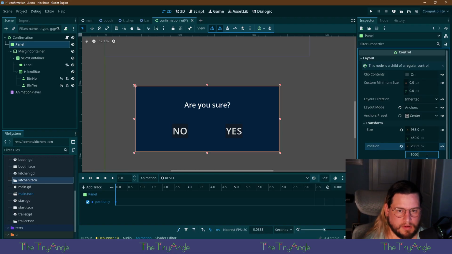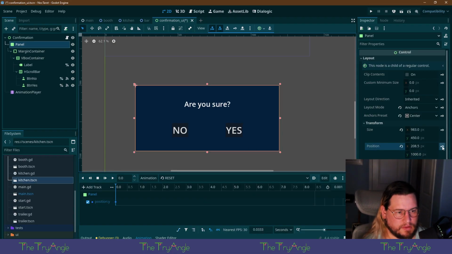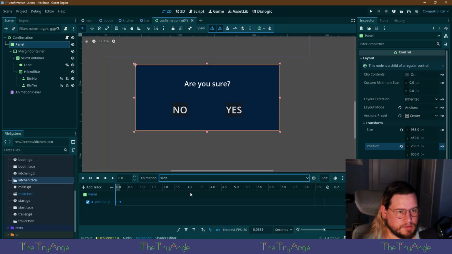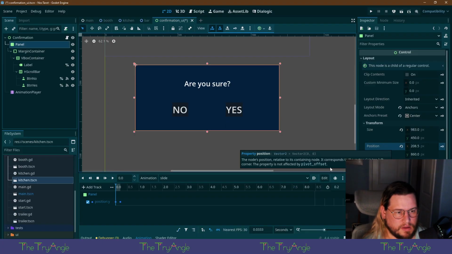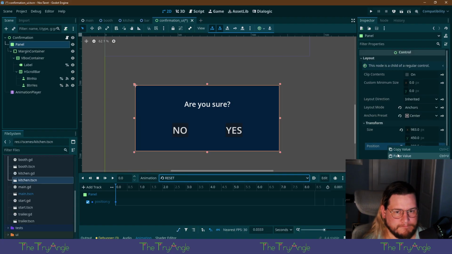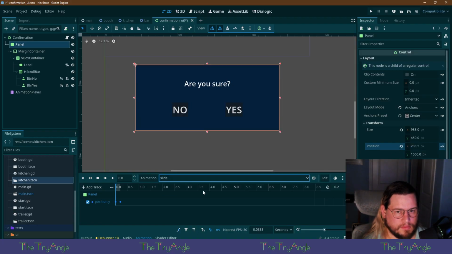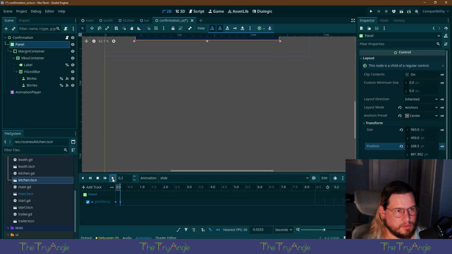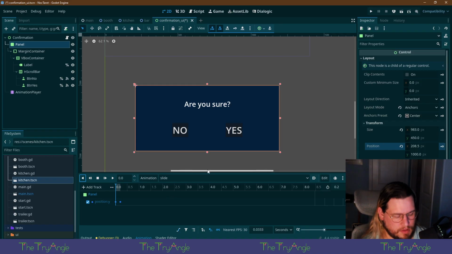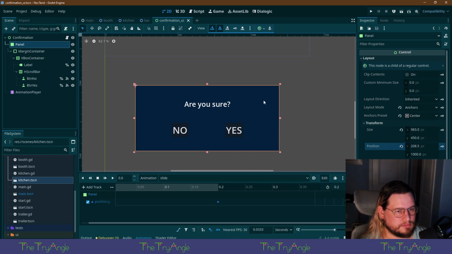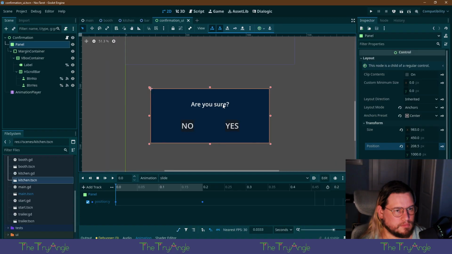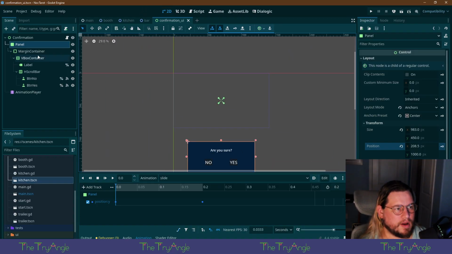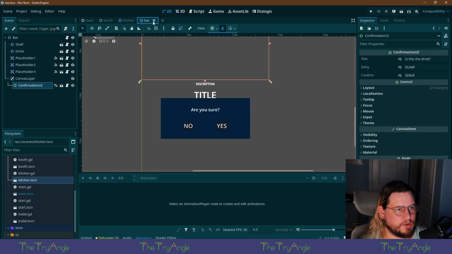I don't know. Trying to keep it out of the way. Okay, so when we do slide, neat. All right, so that's the bar. The confirmation UI is a little moved.